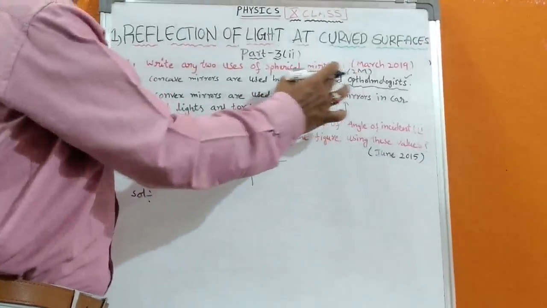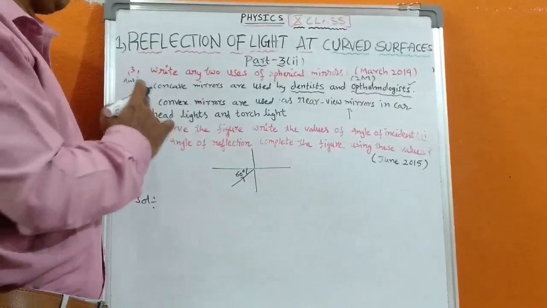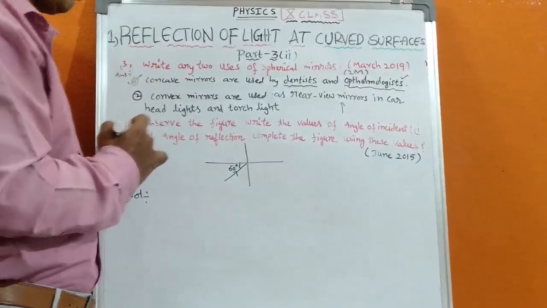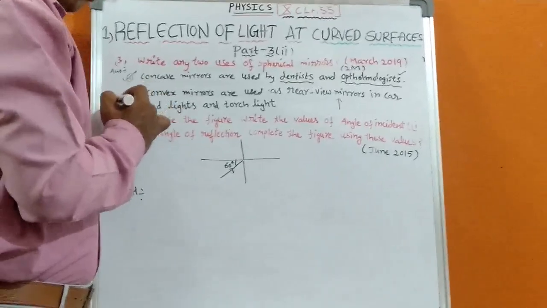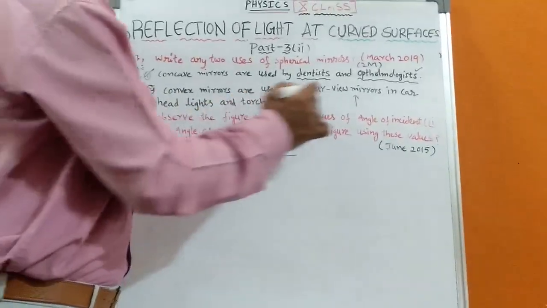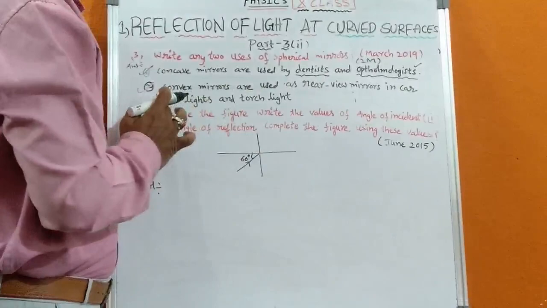So ophthalmologists and dentists use concave mirrors, and convex mirrors are used as rear view mirrors in cars,